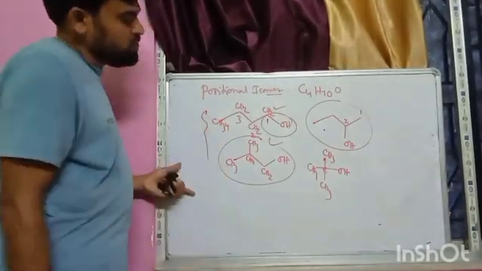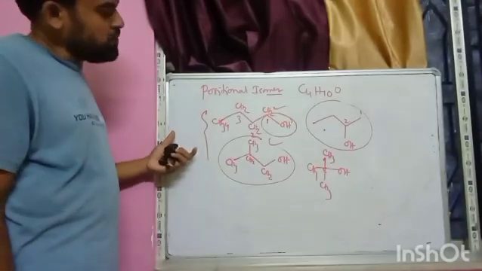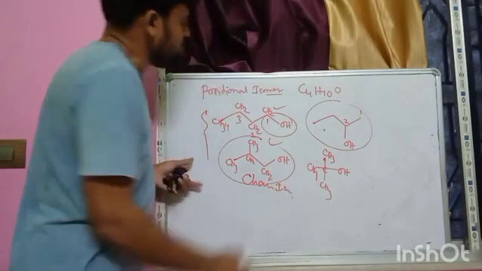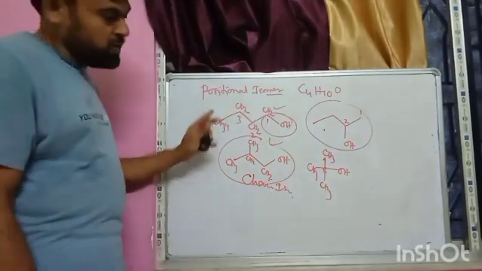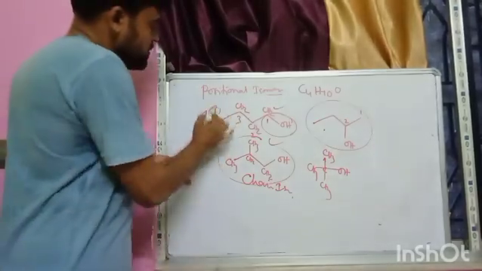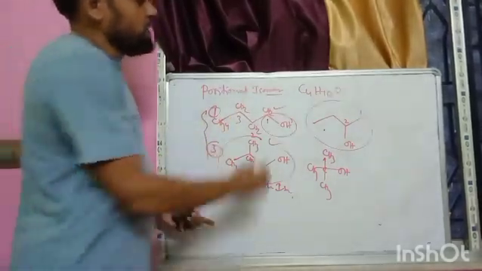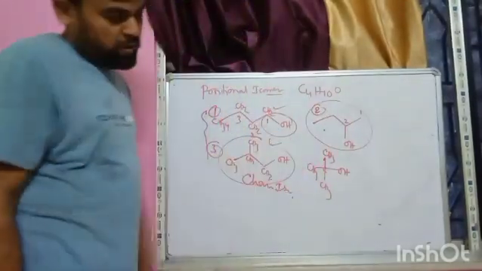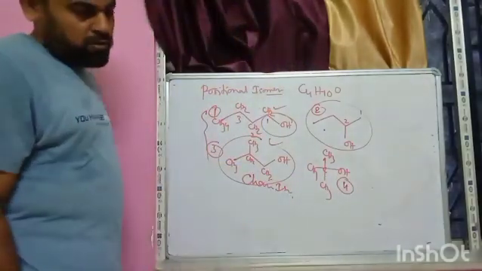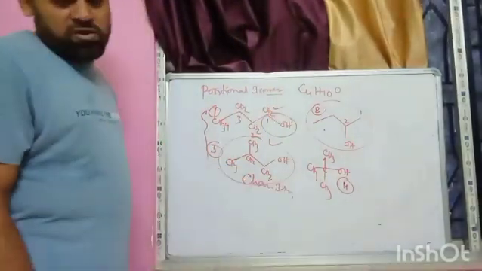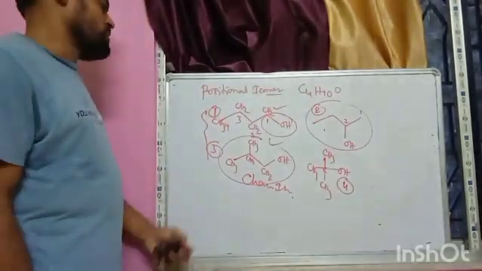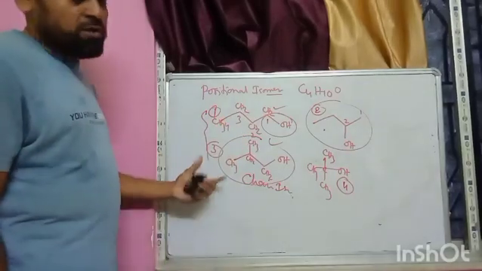So these are generally called one type of chain isomer. These are called chain isomer. Here the C4H10O, there are so many types of isomers, whether both 1 and 3 are chain isomers and 1 and 2 are positional isomers. Here 1 and 4 also are chain isomers, 3 and 4 also are chain isomers, but 1 and 2 are positional isomers. Here the positional isomer and the chain isomer